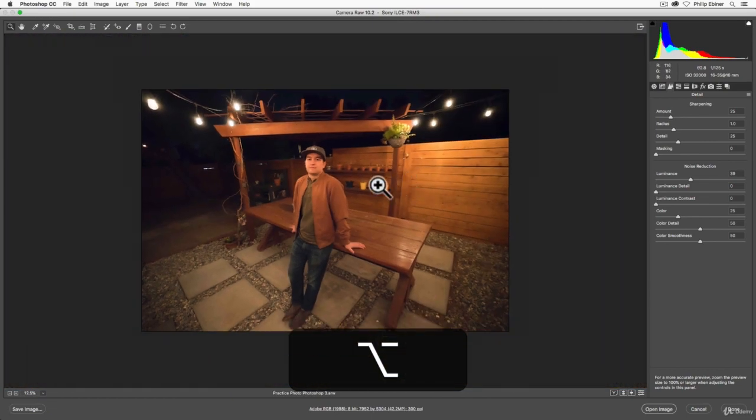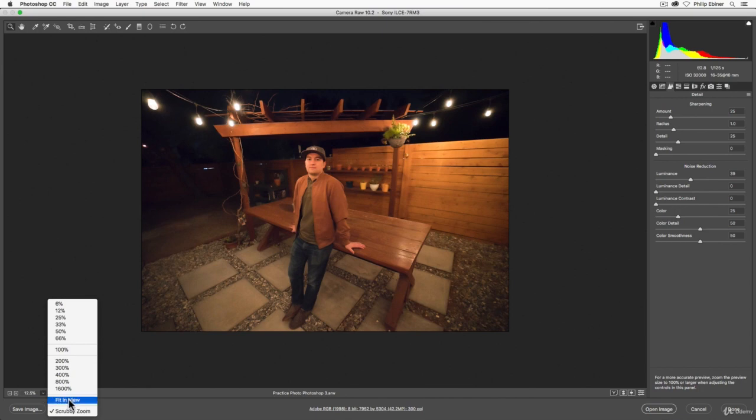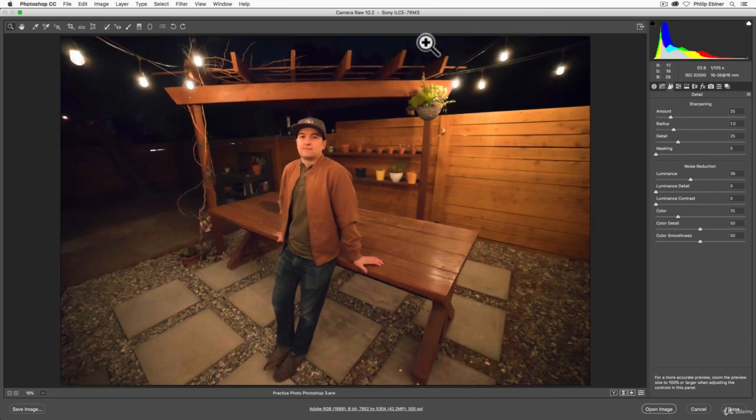So this image, when I'm zoomed out, it looks kind of washed out and I might want a little bit more detail. I can zoom to fit in this window by clicking this drop down over here and choose fit in view. So it fills this whole window. With raw images, Photoshop will automatically add some sharpening to it. And that is totally natural, and you want it to add some sharpening because even in your photo, when you're shooting in RAW, it's going to actually be a little soft and you'll need to add some sharpening. If you want to add more sharpening though, just drag the slider to the right.